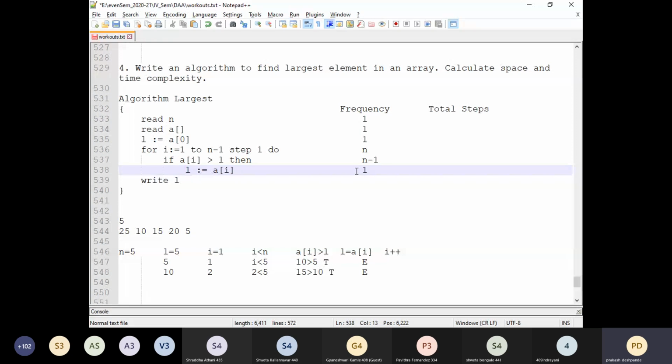In the worst case, since we are talking about big O notation, which means the worst cases, however many times this if condition is executed, those many times this statement will be executed in the worst case scenario. So we can consider it to be n minus 1 times.